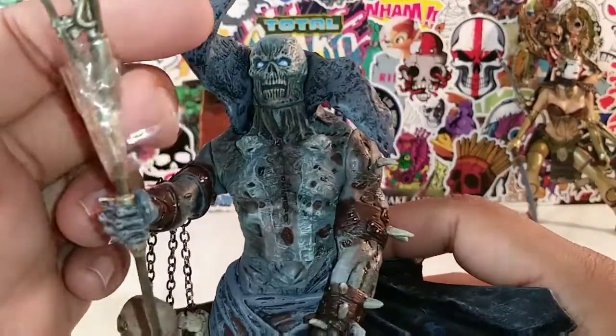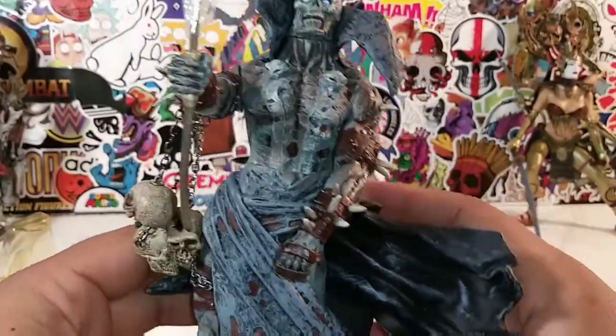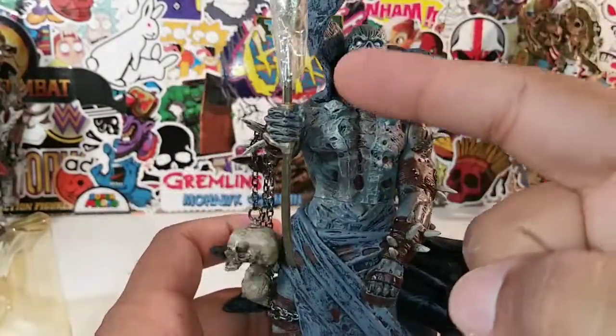Pay no attention to the tape. A very awesome figure, man. Very nicely detailed. It would have been nice if this thing didn't break, but